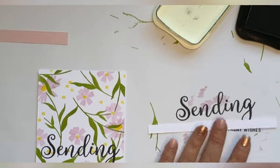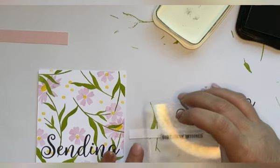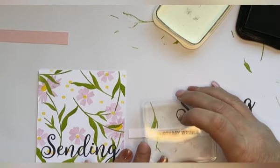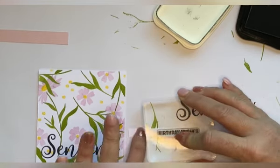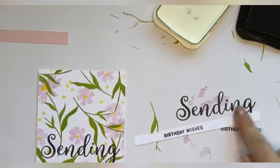Of course, you don't need to use black, but that's just what I had out. I'm going to pop it in the middle here. Try and center it. Pop it down for a second. And there we go. If you're happy with that,